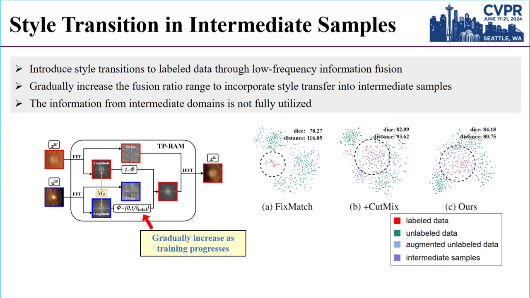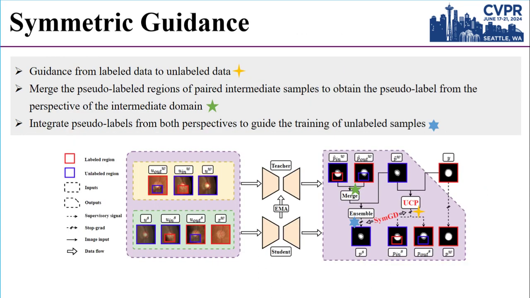However, the intermediate domains may not align perfectly with the domains of the unlabeled data. Solely training within the intermediate domains neglects the model performance on the unlabeled data, which are of great interest. The information from intermediate domains should be harnessed to promote the model to generate high-quality pseudo-labels for unlabeled data. We designed a symmetric guidance training strategy to fully utilize the information from intermediate domains, enhancing the model's performance on